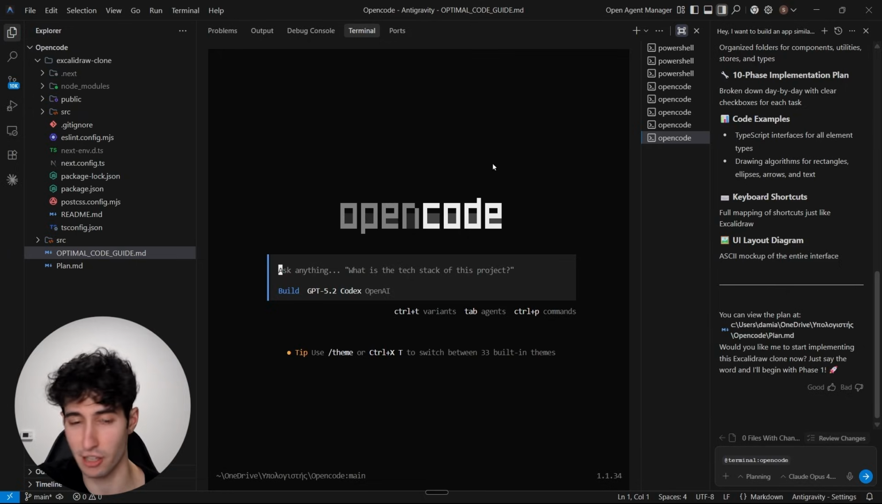So that is exactly how you can use OpenCode inside Antigravity and how you can build a functioning app with